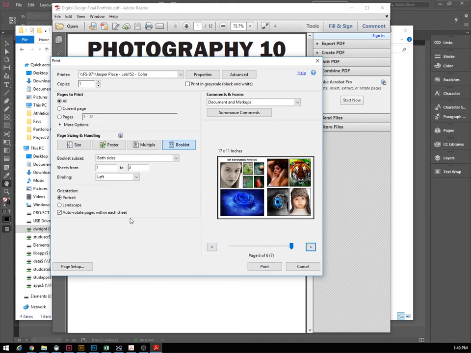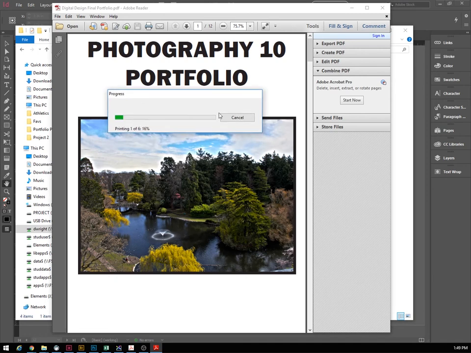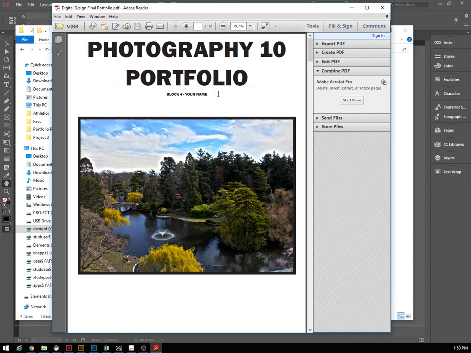So the last step, obviously, if all the settings are correct and everything looks right, we would just select print. It's going to give you some sort of a dialog box while it thinks about the print job. And then assuming that there's 11 by 17 paper in the printer, everything should go fairly smoothly and the printer will do the rest of the work. The last thing you'd have to do, we have a special long neck stapler that you can reach in and you can staple the inside edge of your portfolio so that it looks really nice,